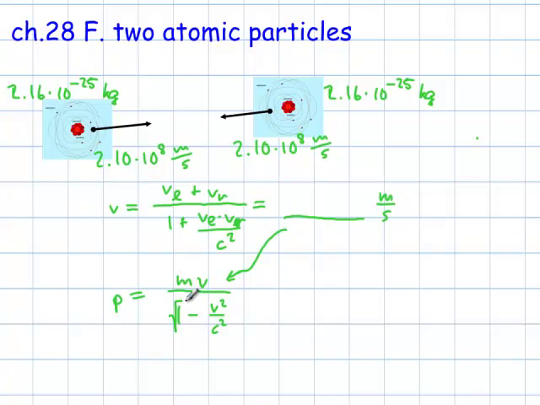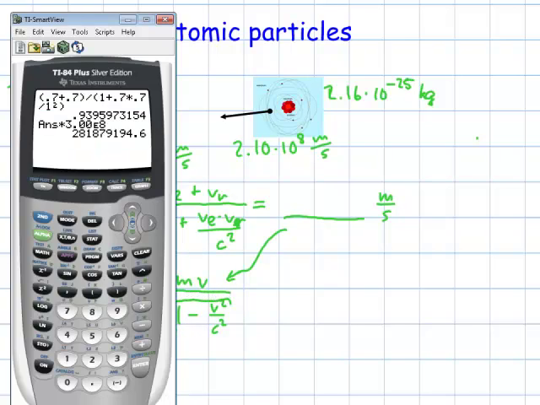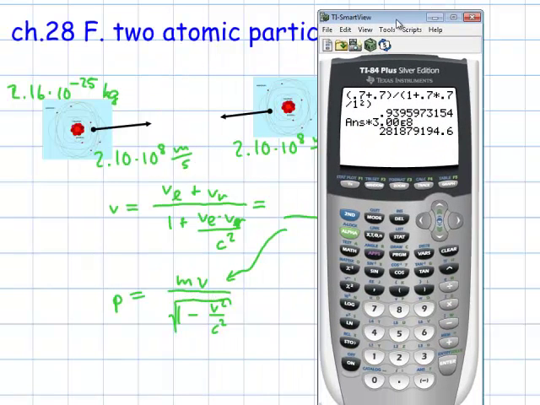Take the square root, and then I plug in numbers. So that's going to be 2.16 times 10 to the negative 25 times